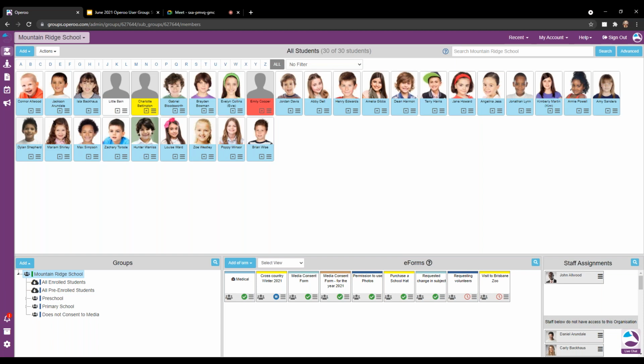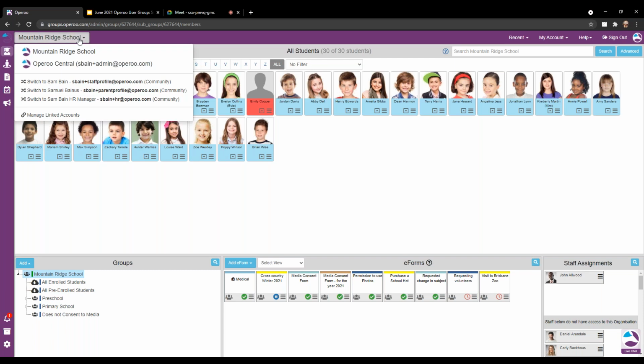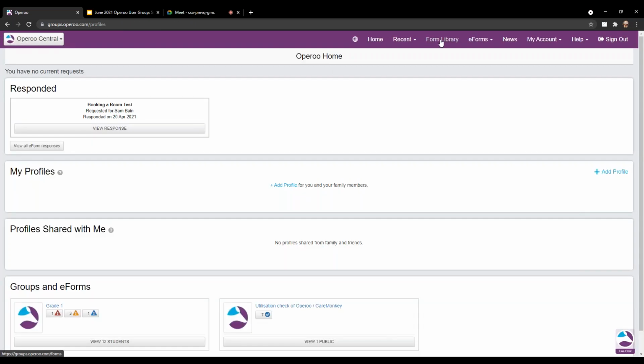You can see here we have all of the students listed, along with their groups in the bottom left-hand corner, with the existing forms in the lower middle. Now, to swap between accounts, you do this by clicking the drop down in the top left-hand corner, and you can see I've linked a couple of my different roles within my organization here as well. Now, I'm going to open up my staff view and go to my form